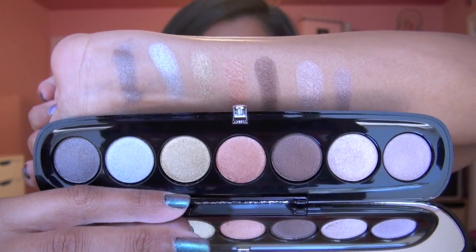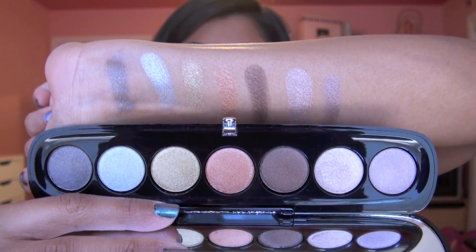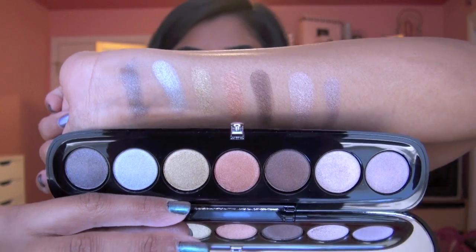And here you can see those shadows compared to the actual palette. So you can see on bare skin, the shadows show up very true to color. They're very pigmented, extremely creamy, extremely long wearing, super easy to work with, and I have to say, this is an incredible eyeshadow palette. The only con I would have to say about this eyeshadow palette as a whole, while